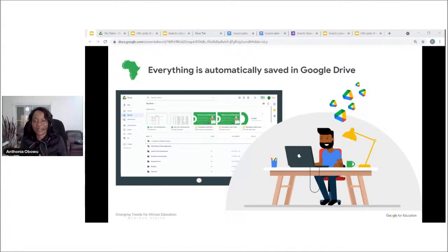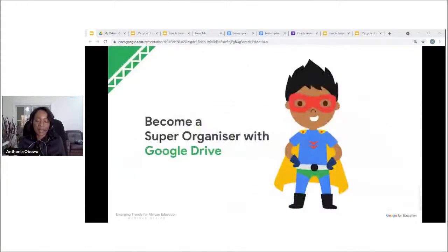Isn't that fantastic? So this is particularly helpful if you have load shedding or moments where there's a power cut, or just with unstable internet connections. You don't need to worry about that again. So now that everything we create is automatically saved without us needing to worry, we now need to learn to